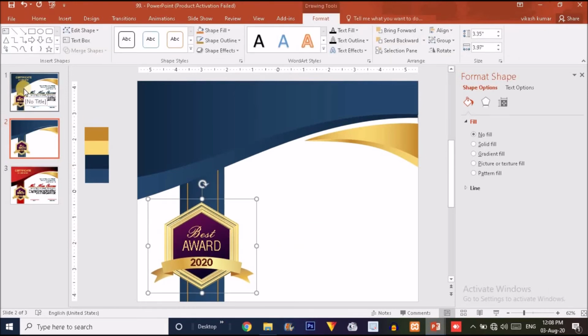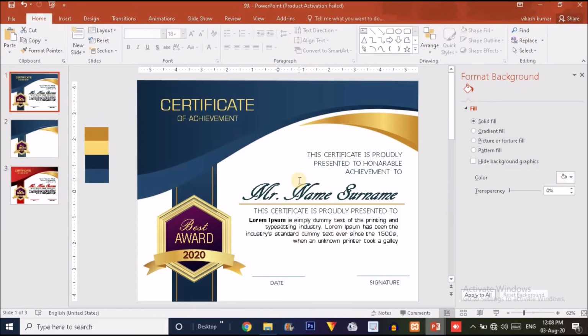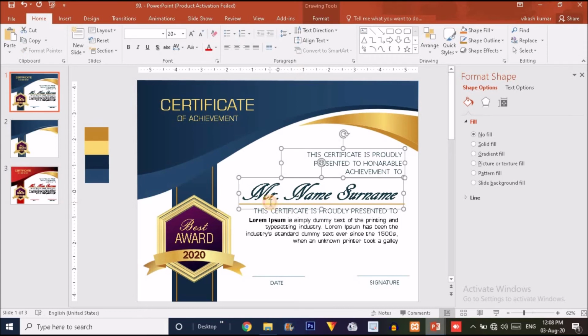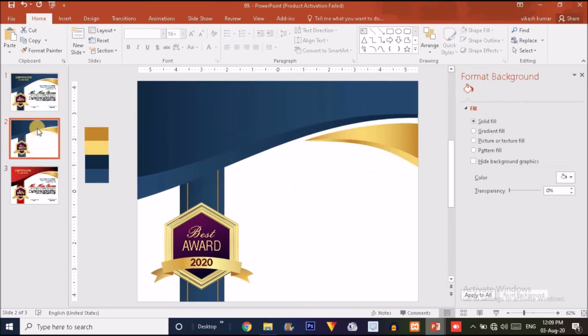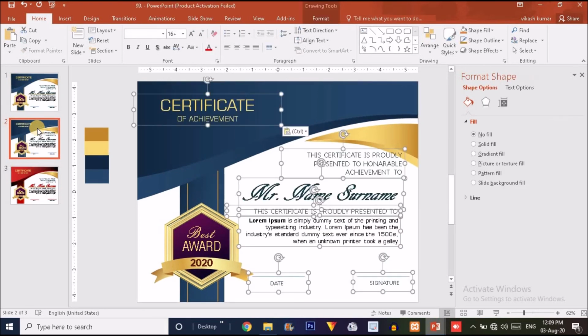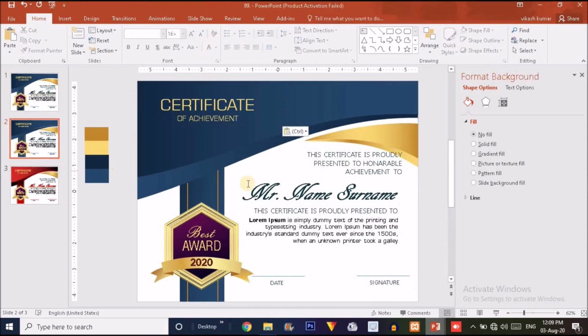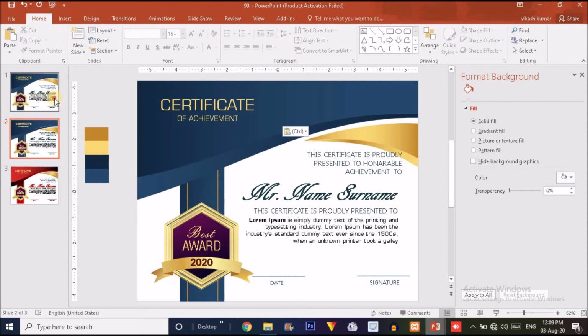We're done with the shape. Now we have to fill all this text over there. So I'm going to copy this text and paste it over here like this, and here you can see a line over here.